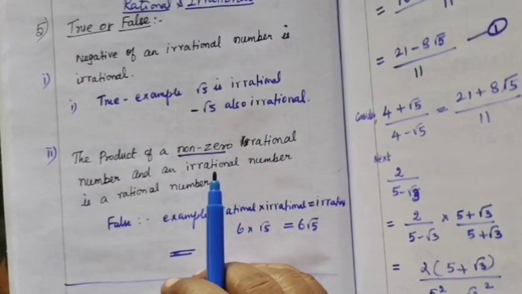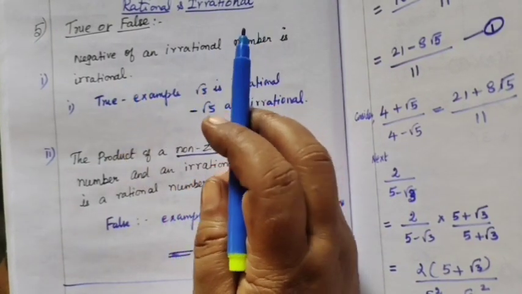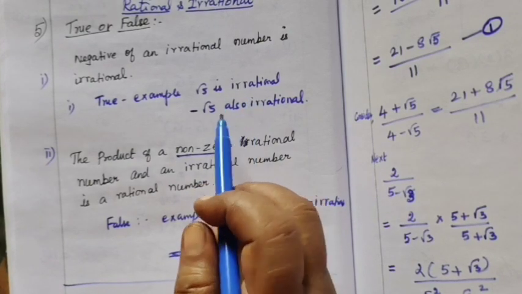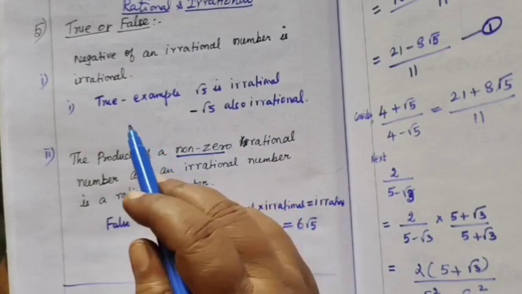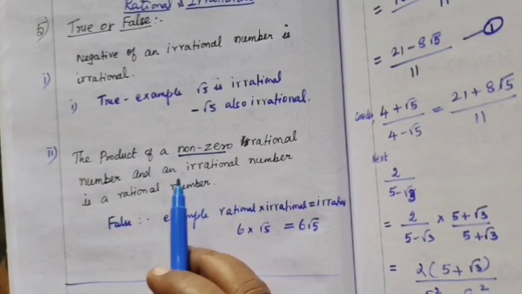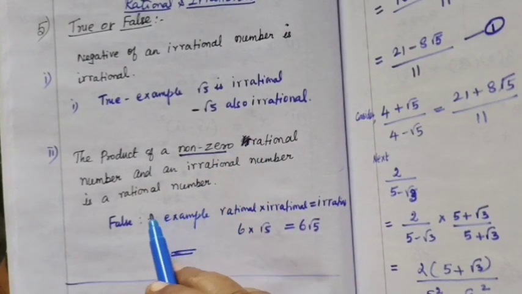Now we see question number 5. True or false? Negative of an irrational number is an irrational number. This is true only. For example, root 5 is an irrational number. Minus root 5 is also an irrational number. So it is true. And the next question: